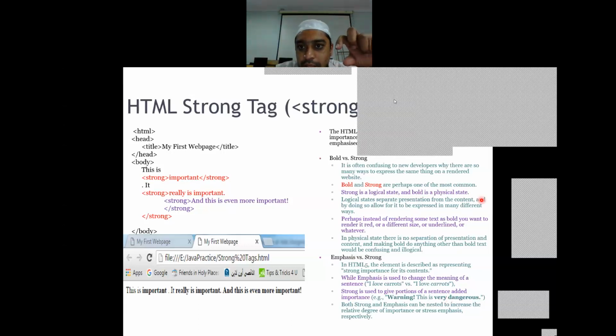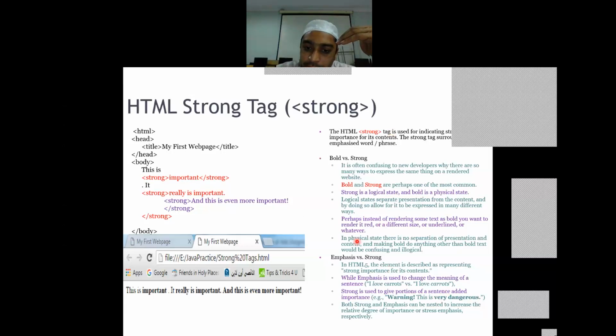Just stressing on warning doesn't say what I want to say. If I say that I am warning you, I have to say what I am warning you about. So what I am warning you about is kept in emphasis, whereas the warning is kept in strong. So we have three things here: bold, strong, and emphasis.